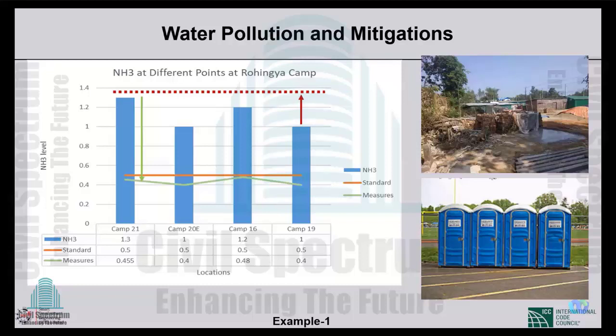Here is the same graph. These are the existing ammonia levels, because of leakage of toilets. That is the reason we get ammonia in the drinking water in the nearby tube wells. You see the standard is the red line, and the blue is much higher. It will be higher because additional tube wells will be installed for the construction purpose, and also pit latrines will be there for the labor. So we mitigate. We want to say that no more like that.